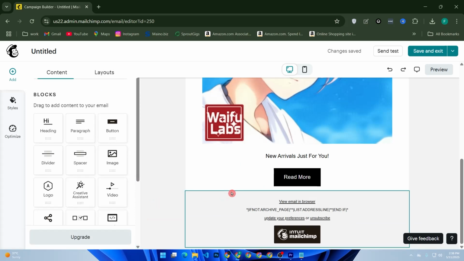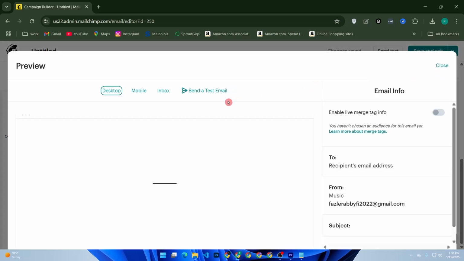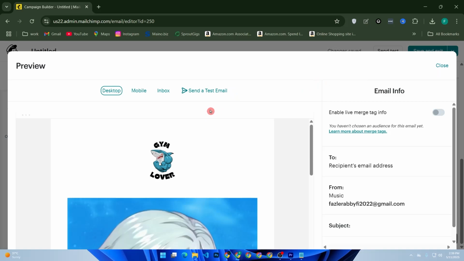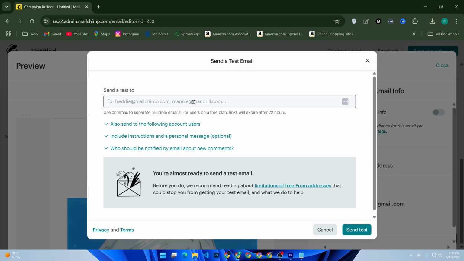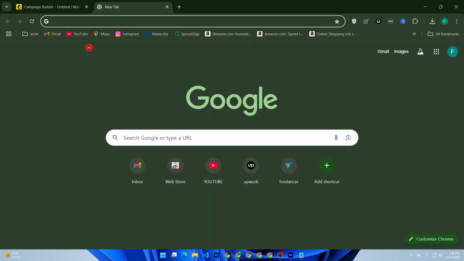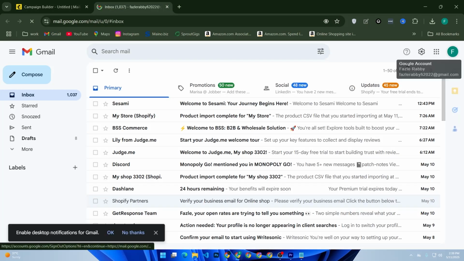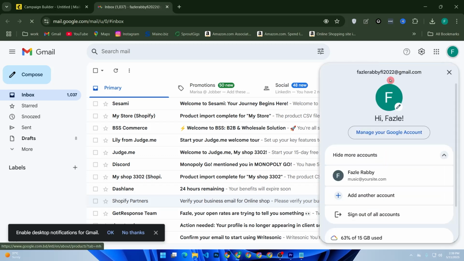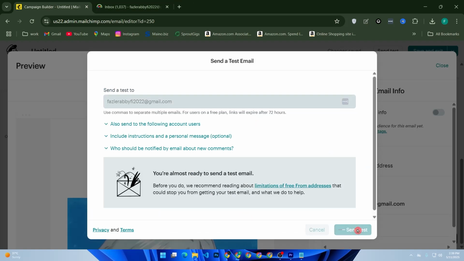When you are happy with your design, click preview. And then send a test email to yourself to check everything. Wait a minute, I will copy my Gmail account for this tutorial. Go to gmail.com and copy the Gmail address and paste it here. Then click send test